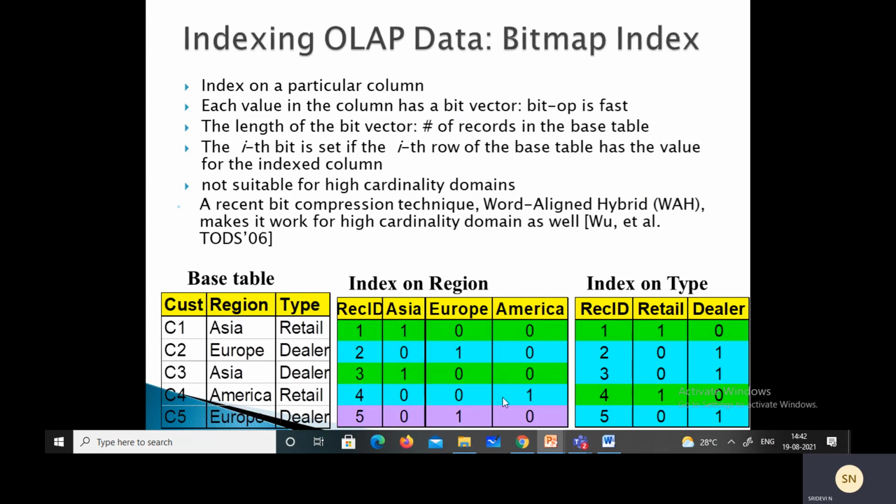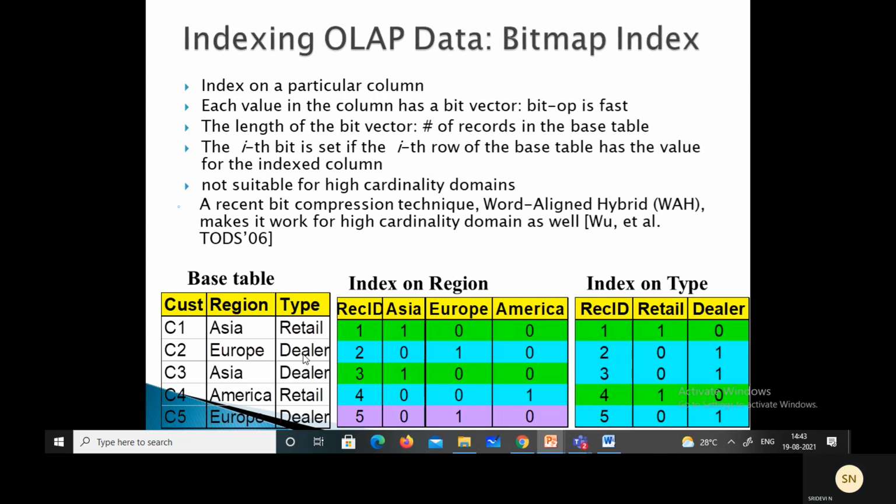Again, let us take how it is indexed based on type. We are indexing on this type column. Here we have two types, retailer and dealer, and these are the record numbers we have. First record, retail, so we set it to 1.